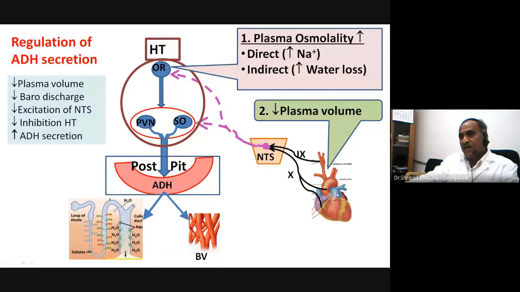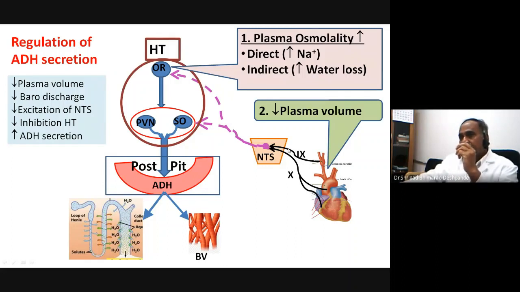So that is why I have made these. Now the 10th, 11th, 9th, and 10th cranial nerves participate and carry the information to the nucleus tractus solitarius. Because if there is a decreased plasma volume, there is a decreased activity reaching there, because these baroreceptors work for increased pressure. So now when it is decreased